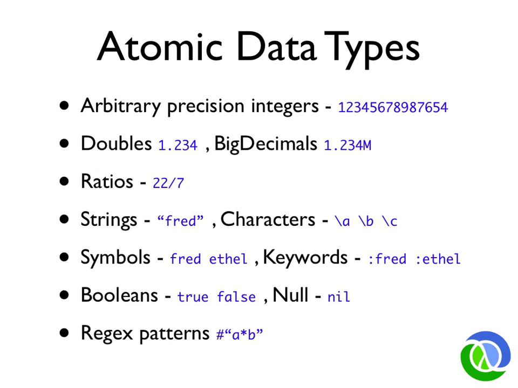Okay, so we have string literals and double quotes. We have characters that are preceded by a backslash. So that's a character literal, and that's a big C character, Java character. Now we're going to get to two things that are possibly a little bit different because they're not first-class things